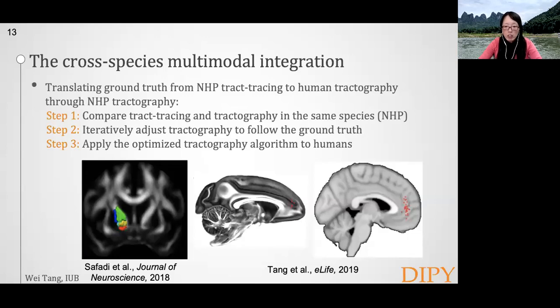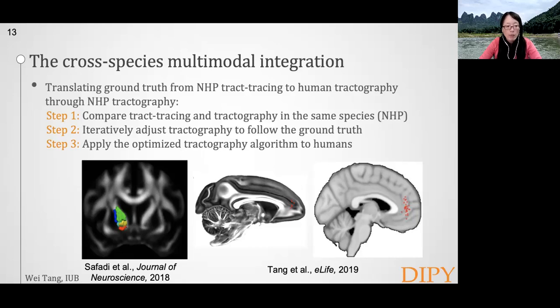This strategy to translate anatomical ground truth into studying human brain connectivity has been successful in several studies. Now back to the problem we mentioned earlier about deep brain stimulation in OCD patients. We mentioned that it is important to accurately target the anterior limb of the internal capsule, or ALIC for short. The reason is that fibers connecting the brain regions that are relevant to OCD symptoms occupy subregions in the ALIC